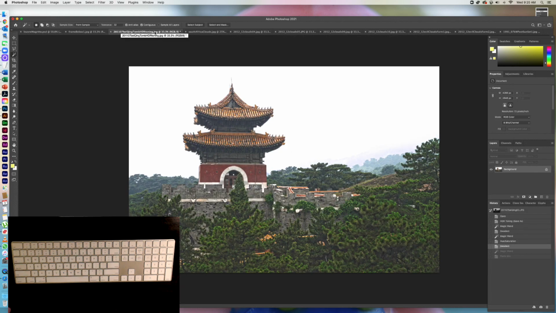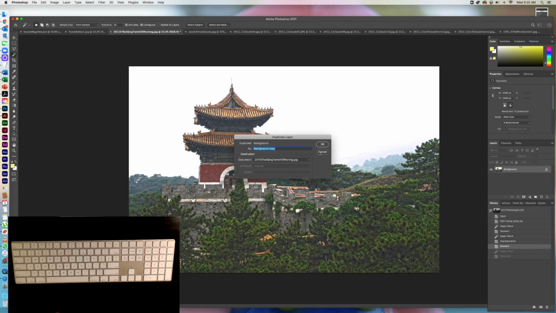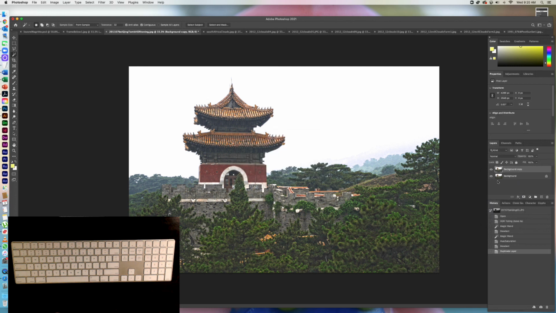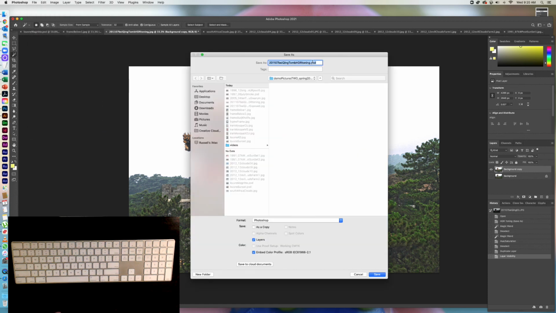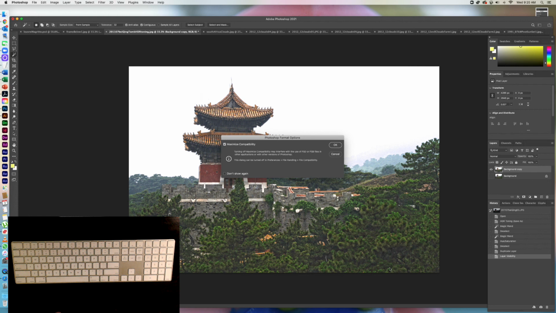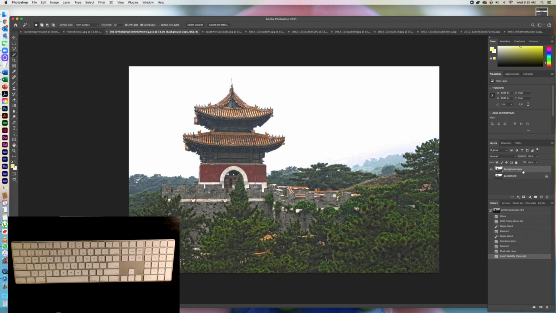Remember, I went through this and I did HDR toning on this building outside of Beijing. I'm going to duplicate the layer on the background. All right, I'm going to duplicate it right there. I'm going to turn off the bottom. I'm now going to file save as, and that's going to save it as a PSD because it's multiple layers. I will now go to this, and